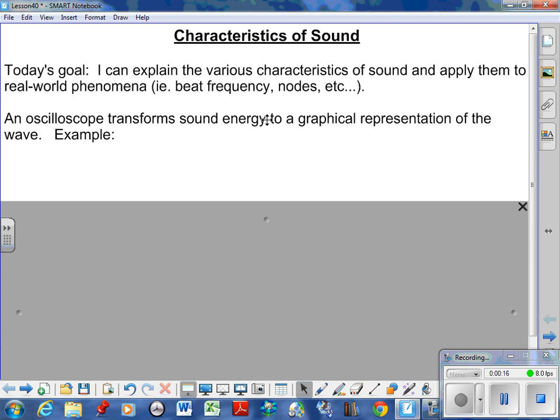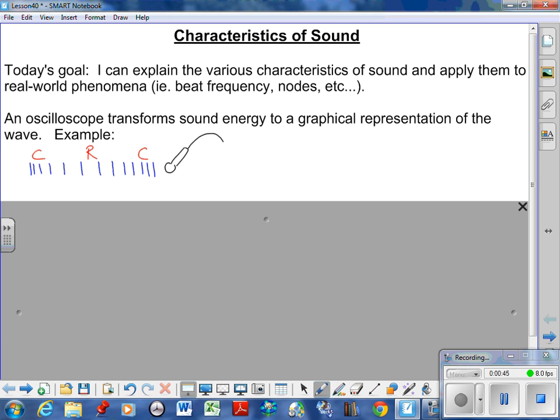First thing, an oscilloscope. An oscilloscope is something that transforms sound energy to a graphical representation of a wave. Now, the problem I talked about earlier in this unit was that sound waves look like this: a series of compressions and rarefactions. So we have a compression, rarefaction, compression. And like I said, mathematically, it's not a very nice model to work with, but what we have developed over